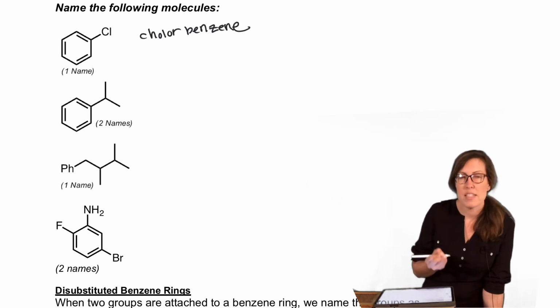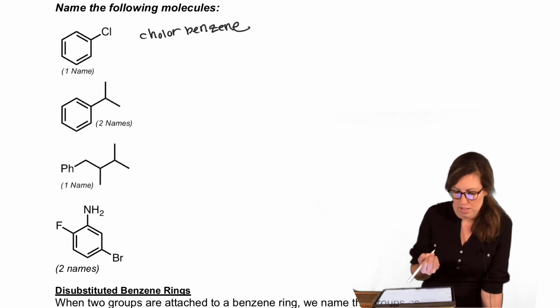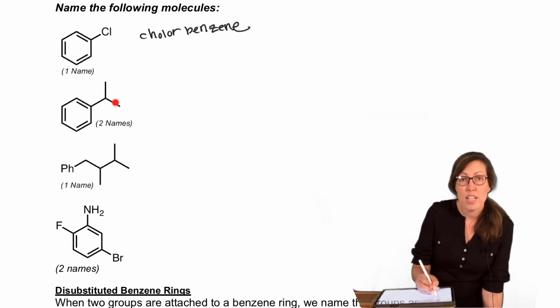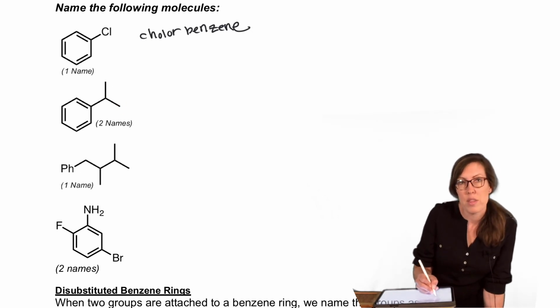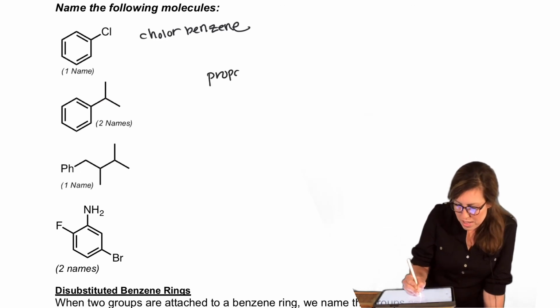So we're going to keep benzene as the parent if that makes it easier on us. Notice that we know this common name. You could actually name it systematically as well. You call this 1, 2, 3 carbons, a 3-carbon chain, and we could call it a propane parent. And we could say